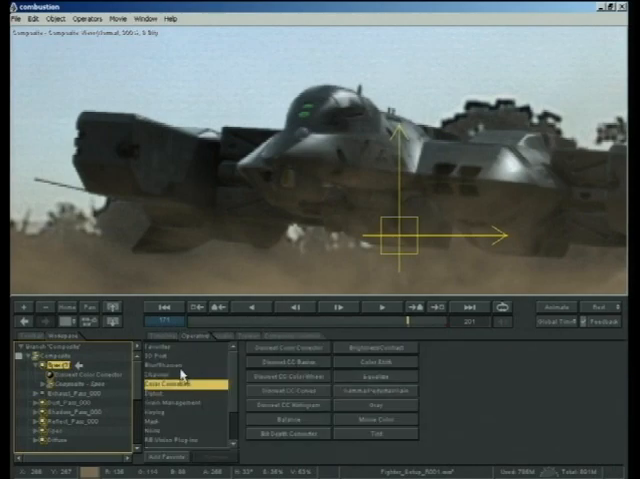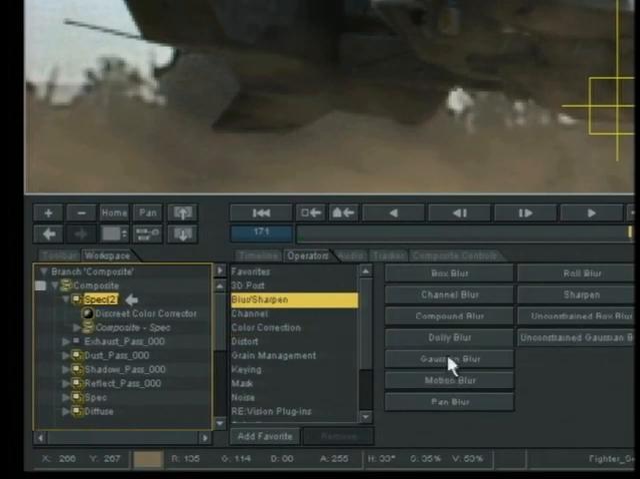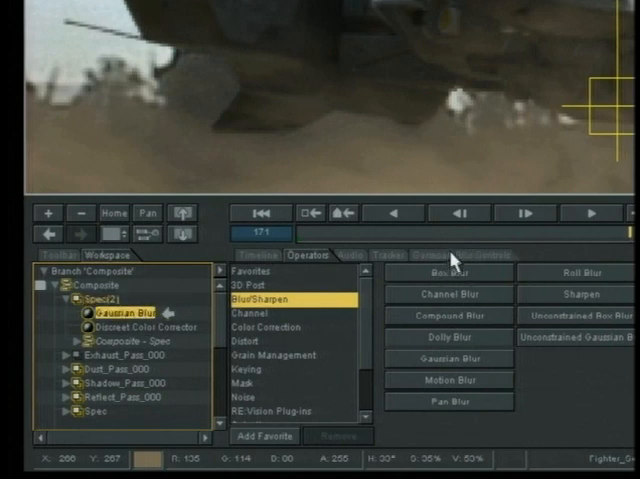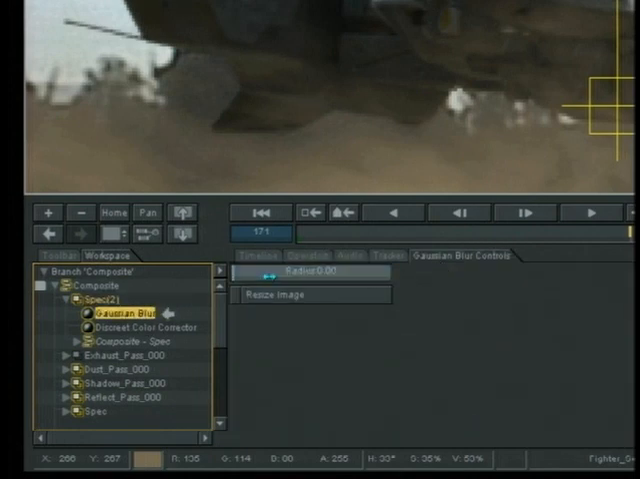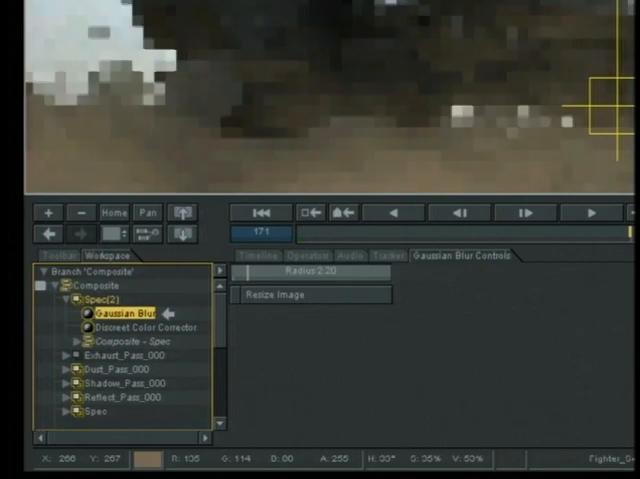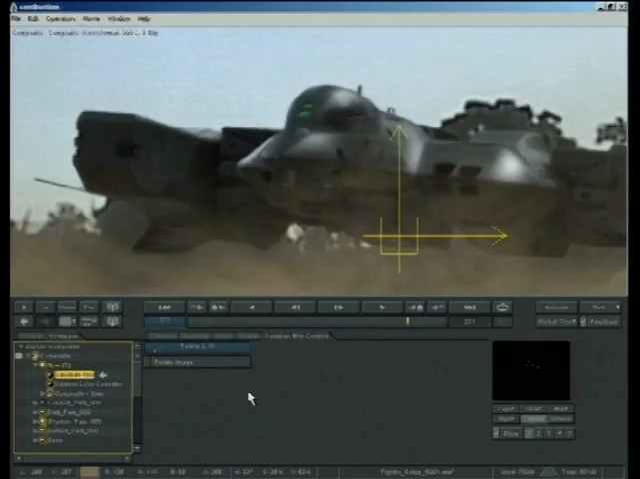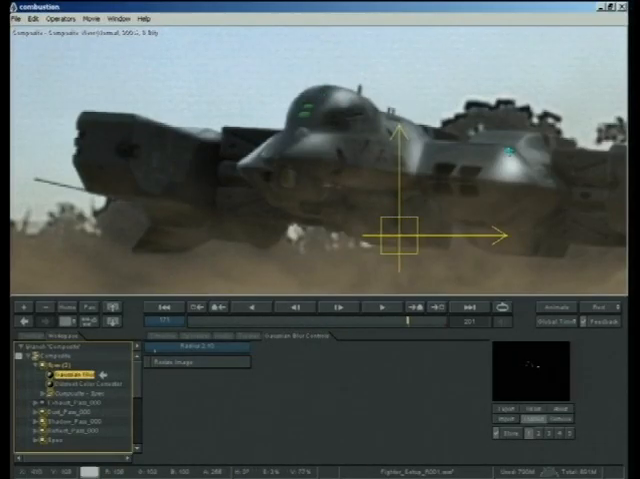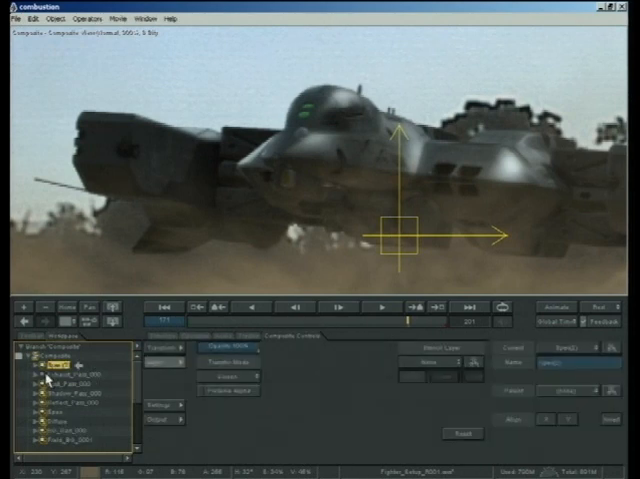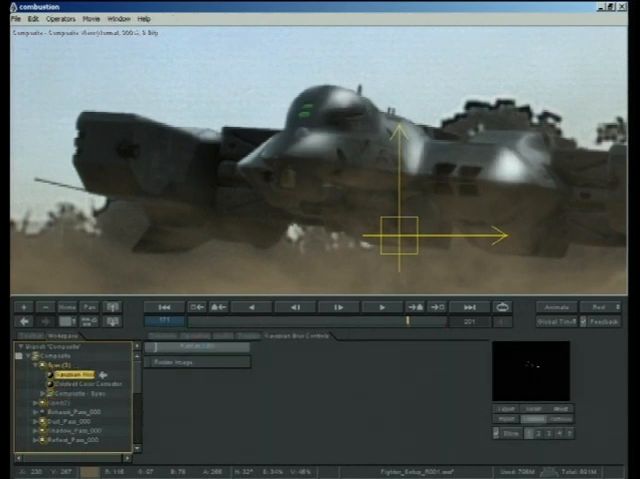Then it's a simple matter of adding a blur operator on top of that. Gaussian blur is my favorite. Box blur is faster, but it's not as high quality. And we'll just do a little bit of a blur. So now we've got blurred highlights. Now what I like to do is actually do this a couple of times, copy and paste that with different blur radii